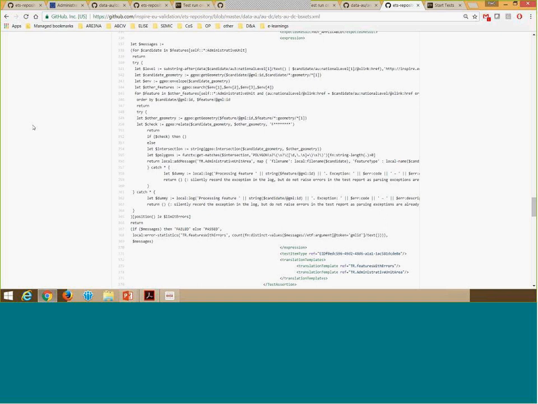Here you can see the test translated into the code. As I said before, we take each administrative unit, and we check that there are no units at the same level that have a geometry overlapping with the one we have selected.